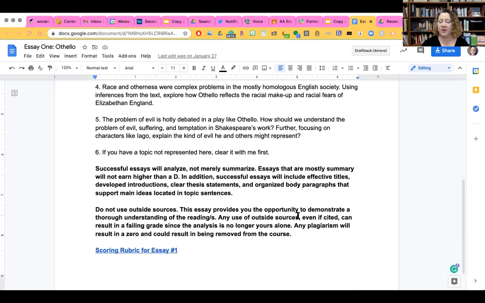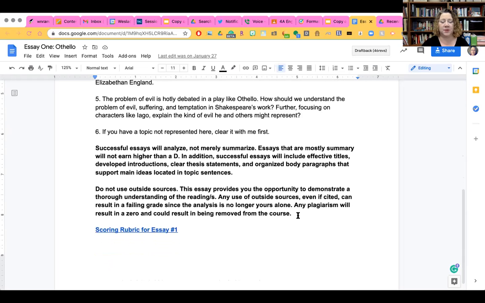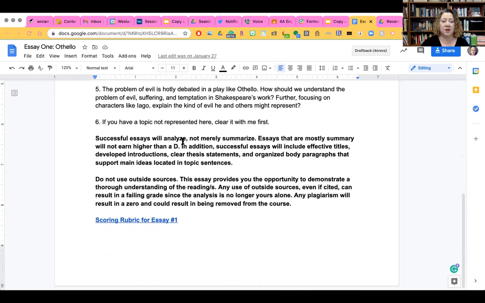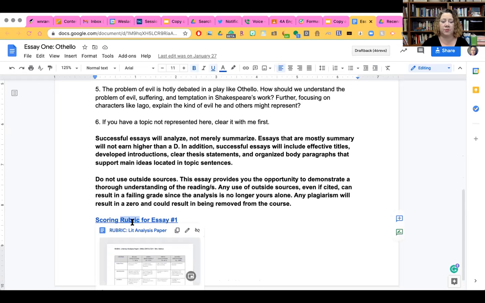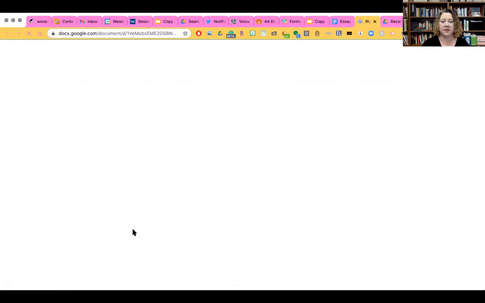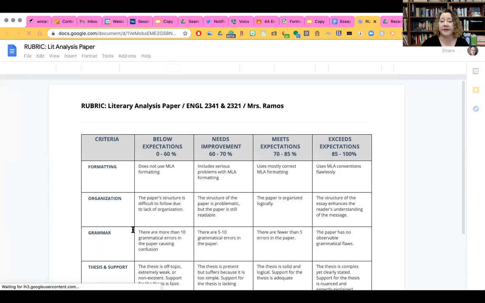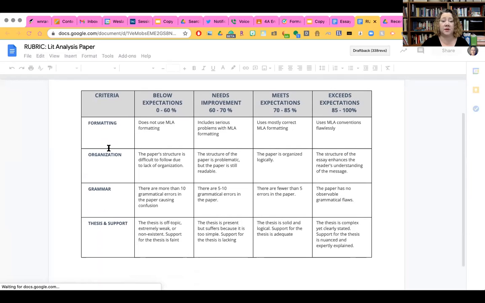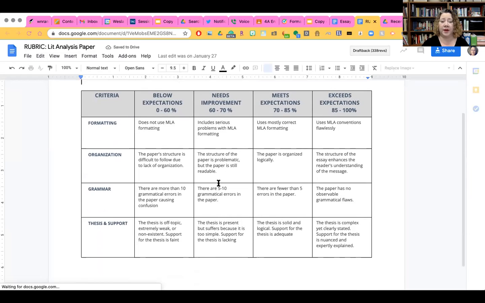Okay, if you think of something, you can just email me and ask me. I'm pretty good with that stuff. Down here, there are a few notes. There's also the rubric. This rubric is just the same rubric that we had for the literary analysis paper in the first semester. Same thing that we're looking for. Nobody really had problems with the majority of these things. If people had problems, it was mainly in details and follow through on the thesis, but that's the rubric.